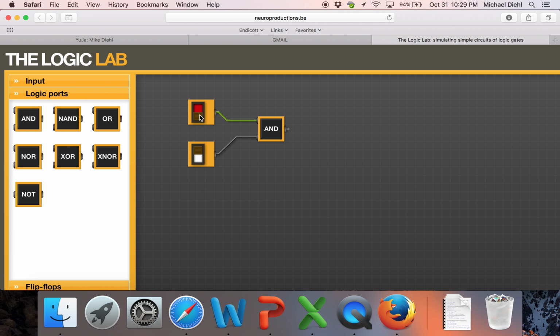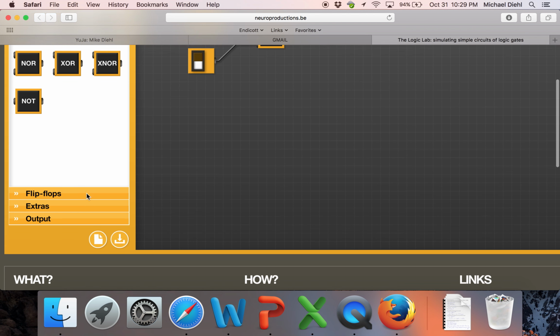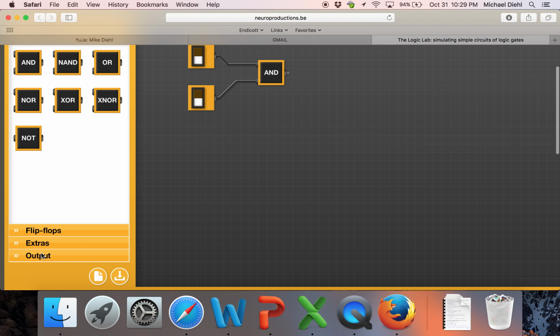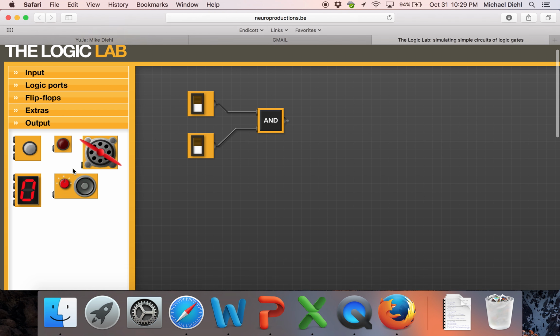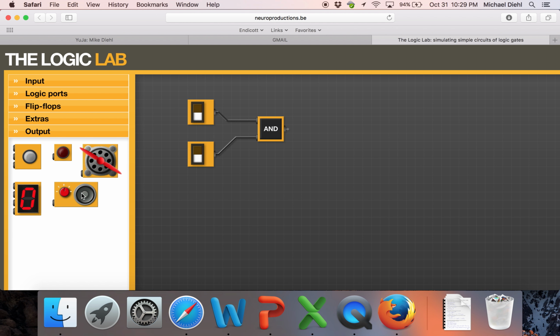So another thing I might do, turn these off for a second, is grab, also from the menu down here, an output device, I guess. And there's a variety of ones you can pick for this, but I'll just choose the easiest example, which is just a simple light. So I'm going to grab this guy here and put him somewhere over here, I guess. Maybe I'll move him over a little bit more. And this is just going to turn on if what it's receiving is true, and off if what it's receiving is false. So if I connect my AND gate now,